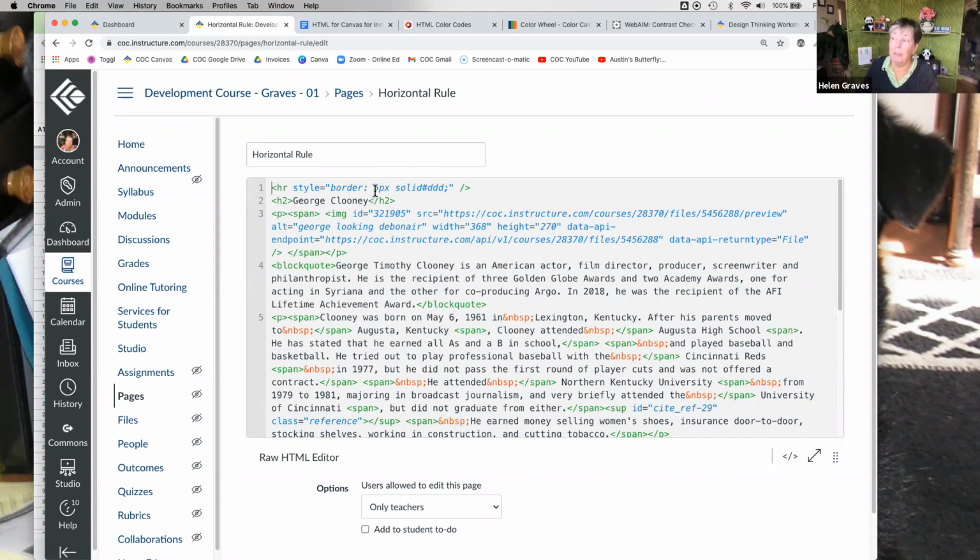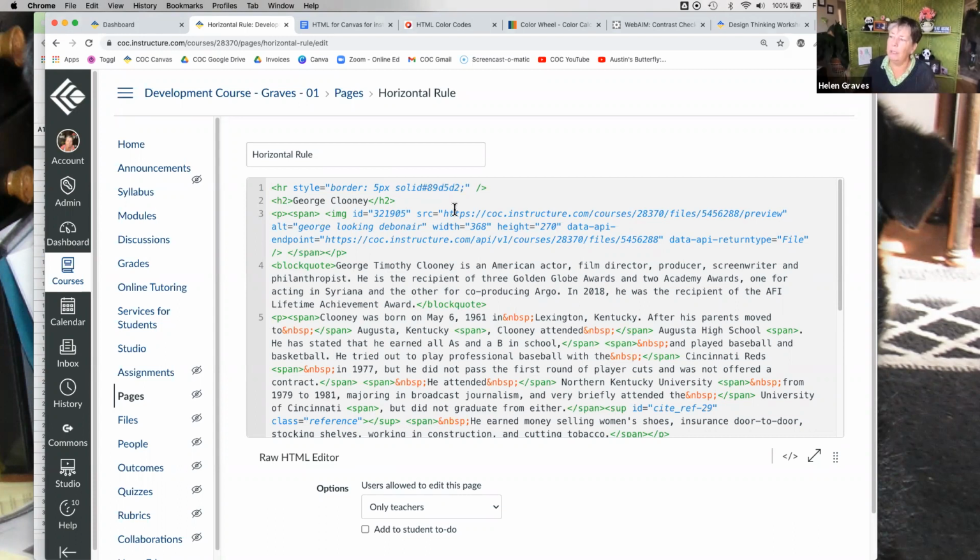Then I can change the pixels. If I don't want it that fat, I can use smaller pixels. If I want it even fatter, I can increase the pixels to whatever size I want to. So you can experiment a bit with that. And then I'm going to put in a different color just so you can see a hexadecimal color. I'm being very careful to make sure I leave the pound sign because that's part of the code.